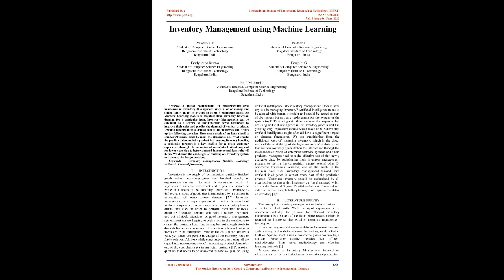E-commerce giants use machine learning models to maintain their inventory based on demand for a particular item. Inventory management can be extended as a service to small/medium-sized businesses to improve their sales and predict the demand of various products. Demand forecasting is a crucial part of all businesses and brings up the following question: how much stock